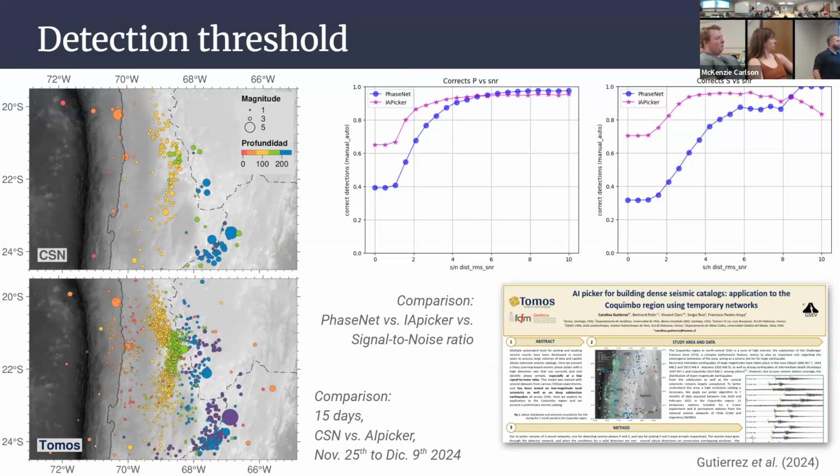One of the things was to differentiate ourselves from other software. So FaceNet is very good to produce very big catalogs, but what we wanted to look at was the microseismicity. Here is a comparison we did a while back in a poster where we compare FaceNet to the picker, and what we look at here is the detection rate versus the signal to noise ratio. So we look at the signal to noise, basically the amplitude of the arrival. We compare it to the amplitude of the noise just before it,